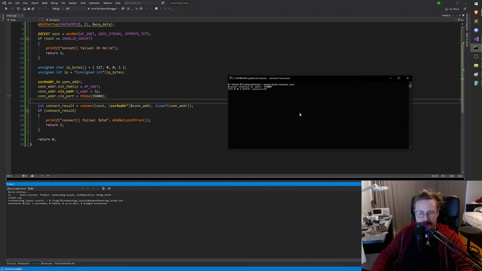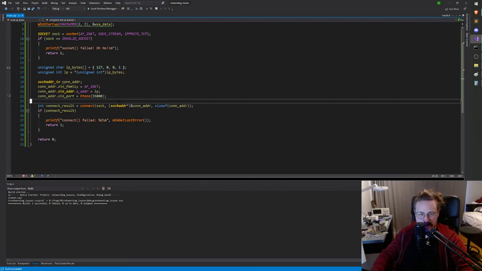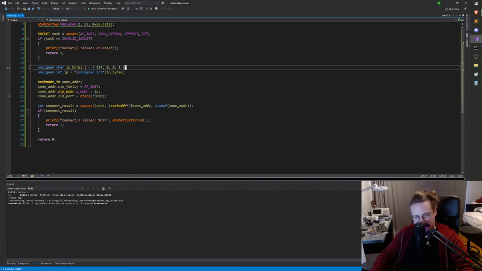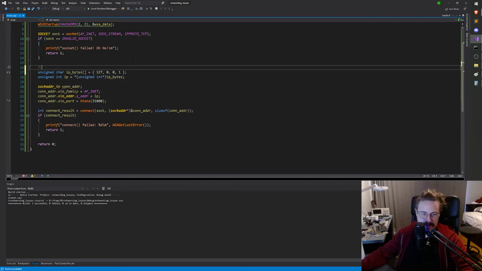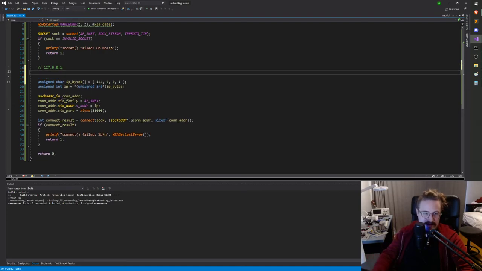Okay, and now you might wonder, why didn't we have to do anything for the IP? We wrote the IP here and it worked just fine. But if you think about it, here we have the IP, 127.0.0.1. If we think about this as an integer, if we were to write this into memory and convert it to an integer,